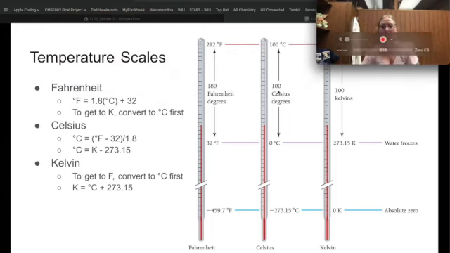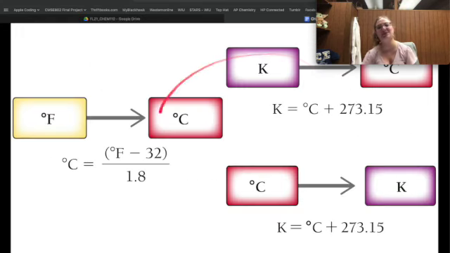Okay, so I showed you this graphic on accident and then for real just a couple seconds ago. So it does show us how to convert from Fahrenheit to Celsius. Celsius is what we'll be working in most of the time. Anytime you take a temperature in lab, it'll be in Celsius. It's what we use in science. So if somehow you have a Fahrenheit temperature, you want to convert to Celsius, you may need to do something like that. Or most of the time what we'll be doing is converting from Celsius to Kelvin, so we'll be